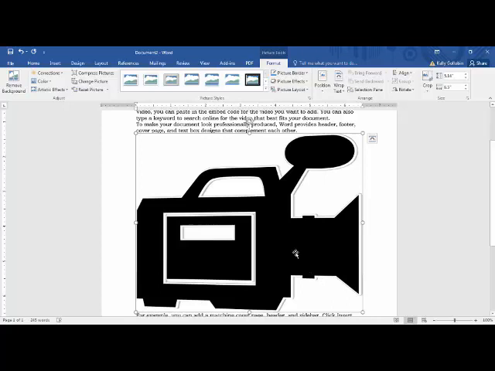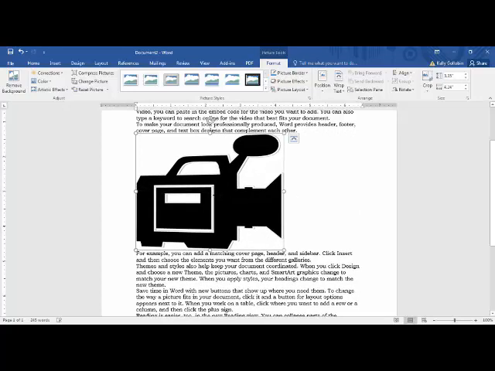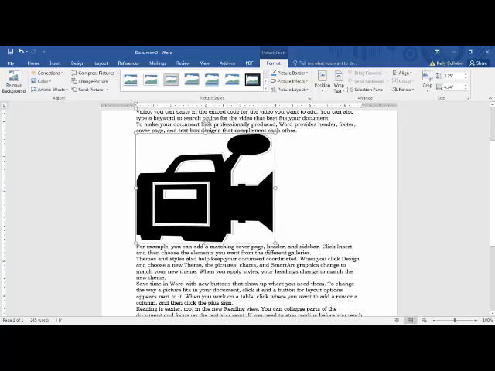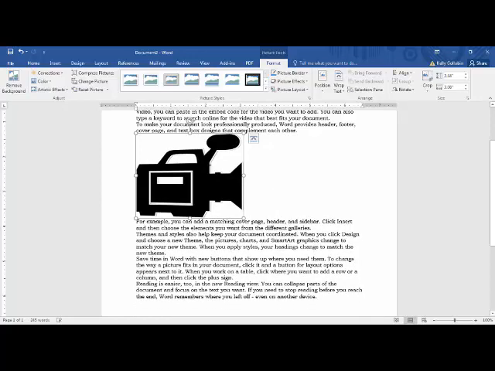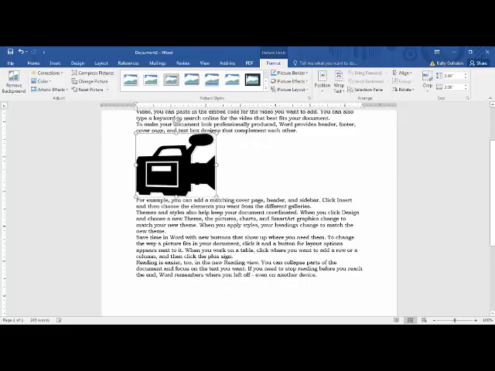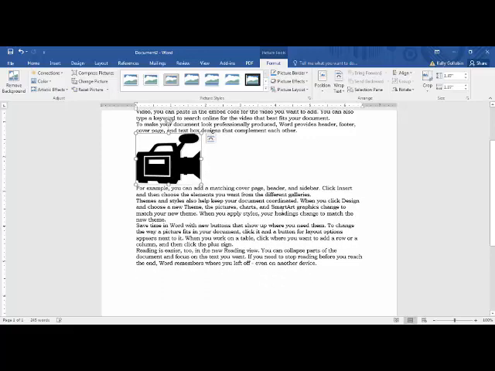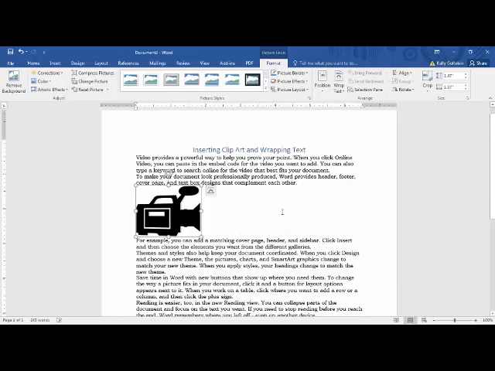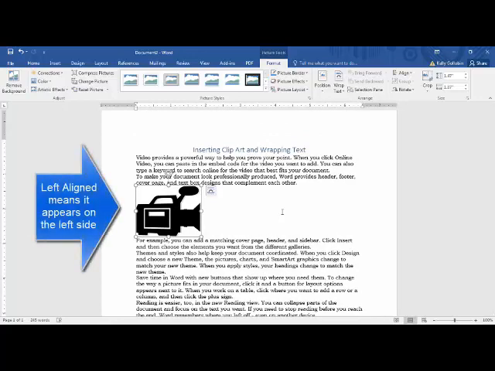We can use the sizing tools over here, but the easiest thing to do is just grab it by a corner sizing handle. And notice I'm picking a corner rather than a side. By grabbing it in the corner, clicking and holding and dragging towards the center of the page, we're shrinking the size of the image but keeping its relative dimensions of height and width the same. So I'm going to shrink it down a little bit more. So you can see as we shrink it that it fits into the page,